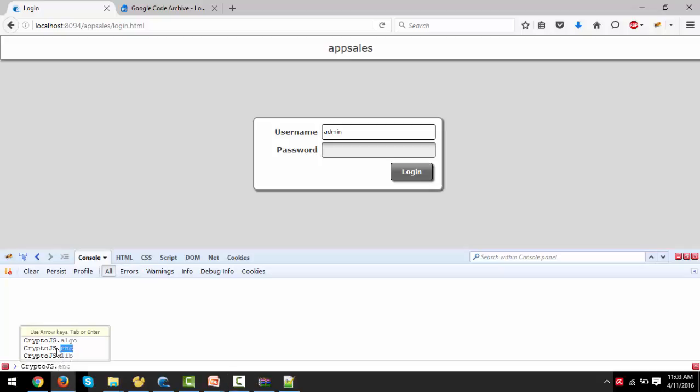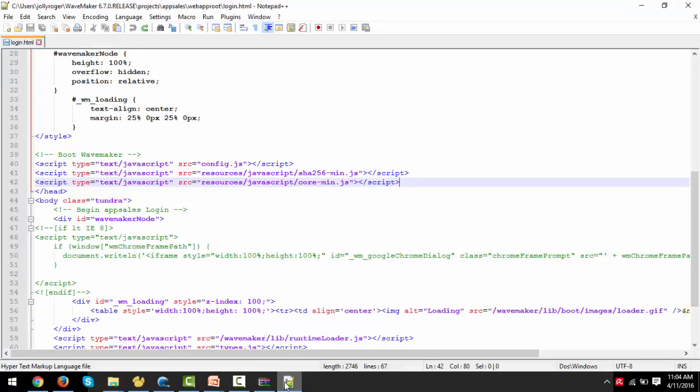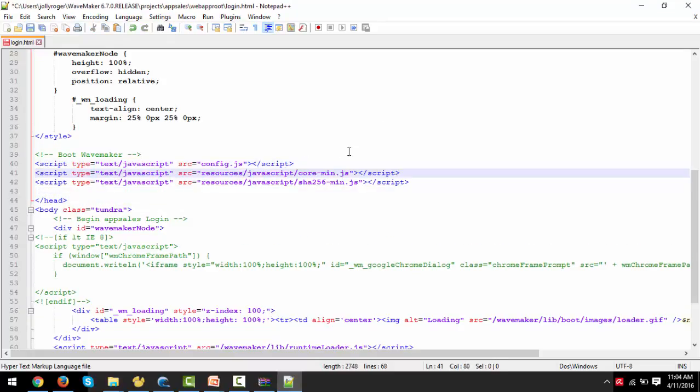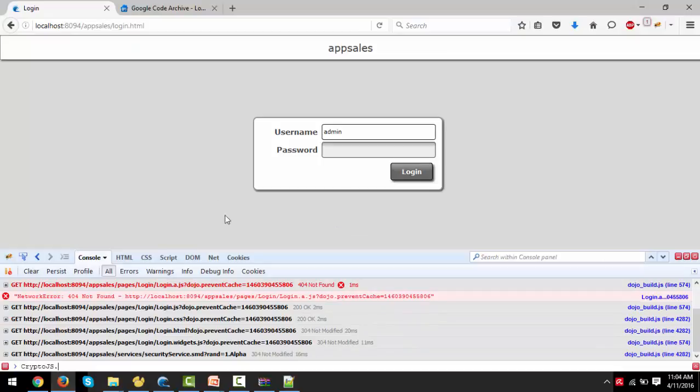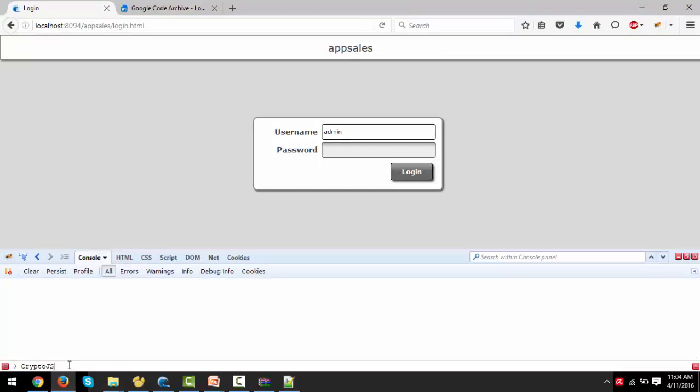I am not seeing the SHA-256 function. Oh, the order. I have to load the core first and then load the library. Okay, that should work. Okay, so crypto.js. Okay, here it is. So now I have a hashing algorithm,